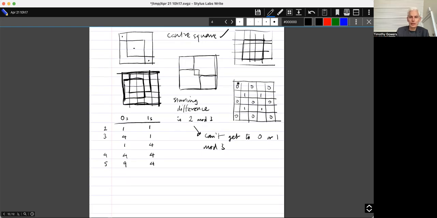So is there some way of ending up covering this square and nothing else? I better give that a try. So I'm going to... That's covered this thing.